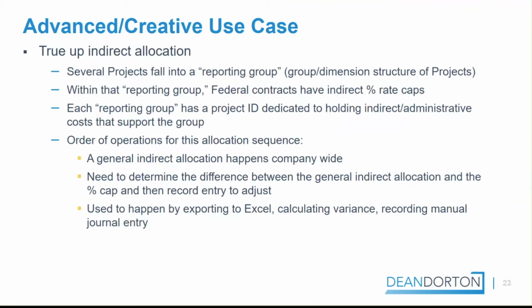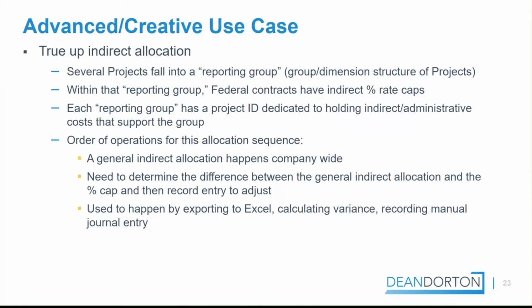Then the customer needed to determine the difference between the general indirect allocation and what the percentage cap was that their federal contracts allowed, and record an entry to adjust that. So basically what was happening in their old system was they were able to do step one, where a general indirect allocation spread out company-wide, and that allocation was giving each project its fair share of expense from an indirect perspective. However, each project was not actually allowed to have its fair share of expense from a billing and reporting perspective for federal contracts, because what if the indirect that was allocated should have been 25%, but the federal contract